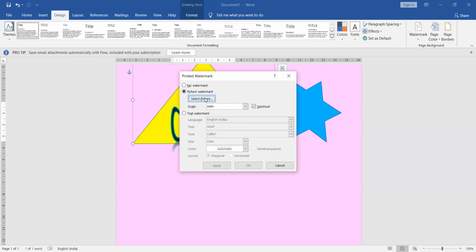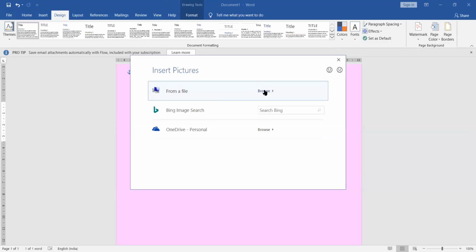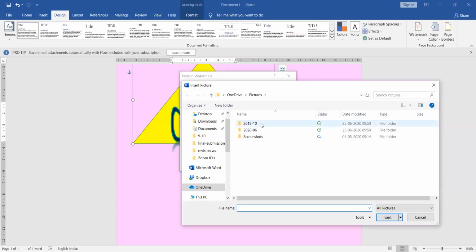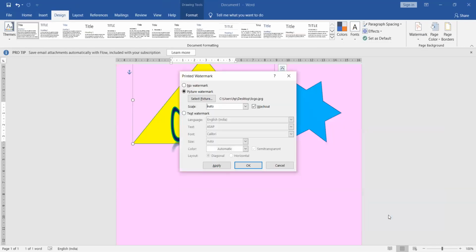Like I'm selecting. Now as you can see, the Cambridge Court logo has appeared in the background as a watermark.